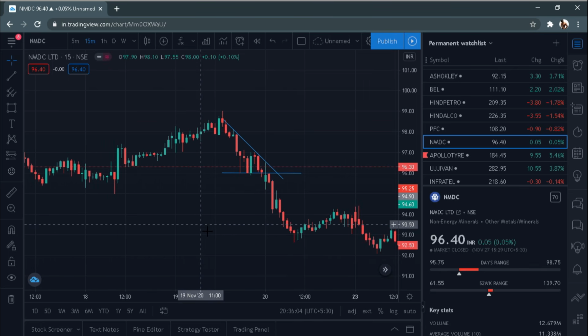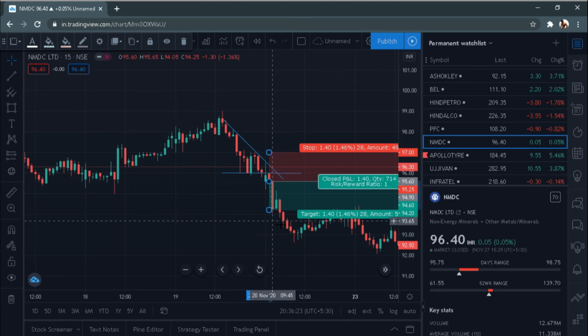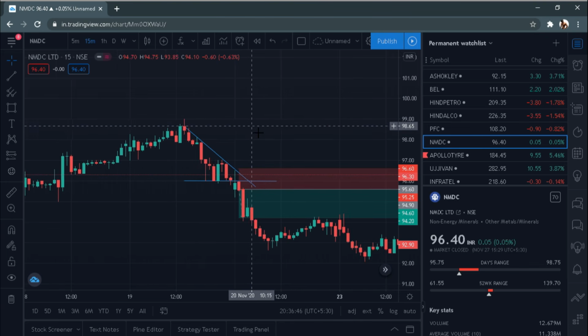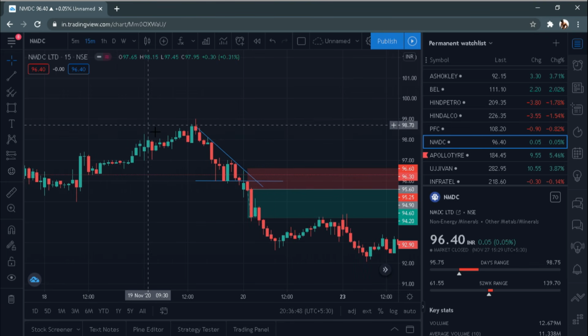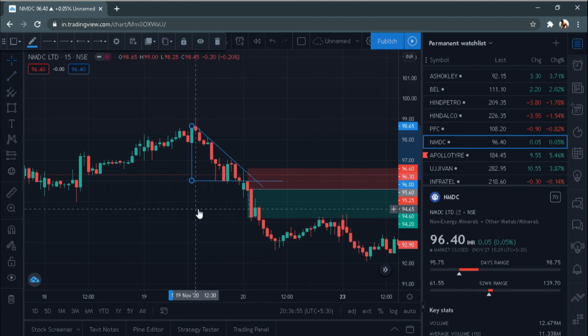So the entry, exit, and the stop loss. The same logic will be used, just to the opposite side. So now the entry will be after the pattern has been broken and closed. You can see the pattern was broken with this green candle and then closed below. So we will enter on this red candle over here at 95.6. That will be our entry, and our stop loss will be when the pattern is invalidated. So this will be the stop loss, and our target will be the length of the base of the triangle. So our starting point would be 98.65 and end point would be 96.